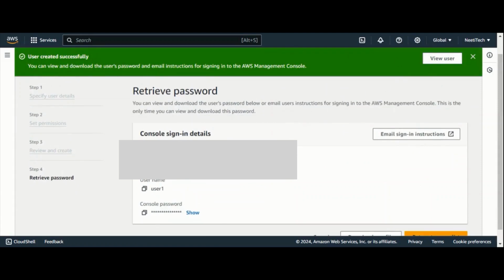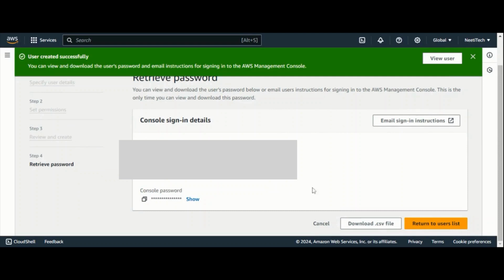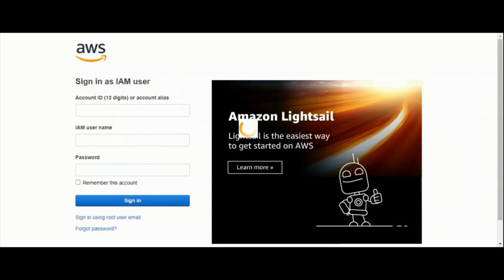Now the user is created. You can view the user, and you can either email the sign-in instructions to the user, or you can download the CSV and share it with them. The user needs to use the console URL to log in. So once the user clicks on it,